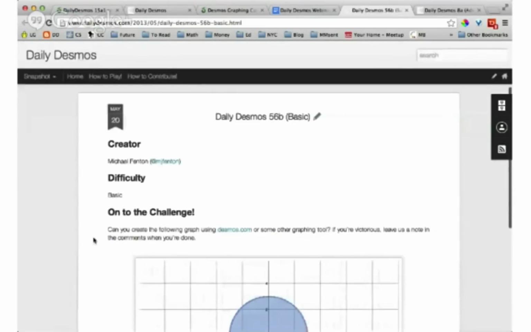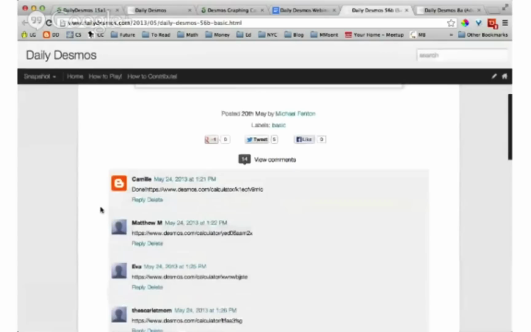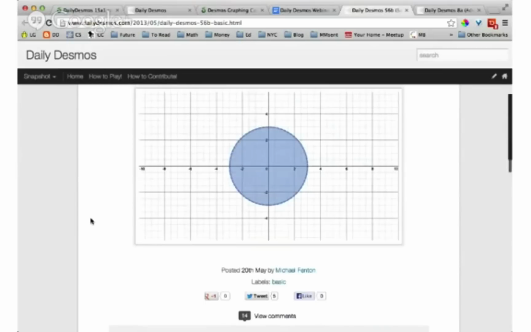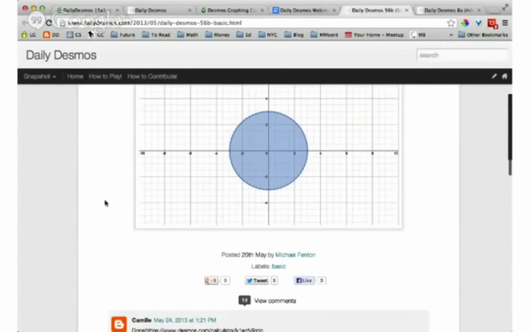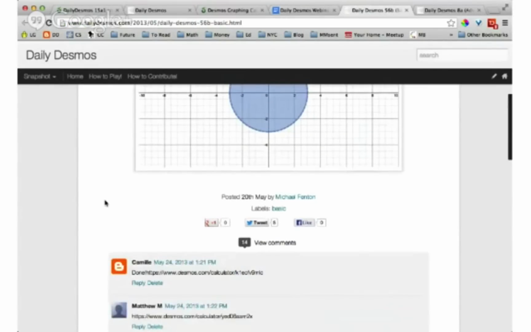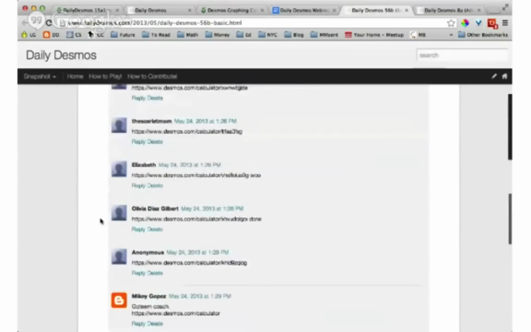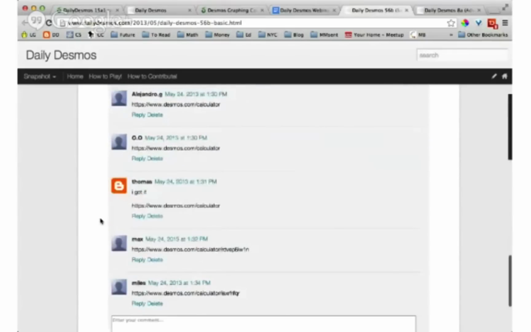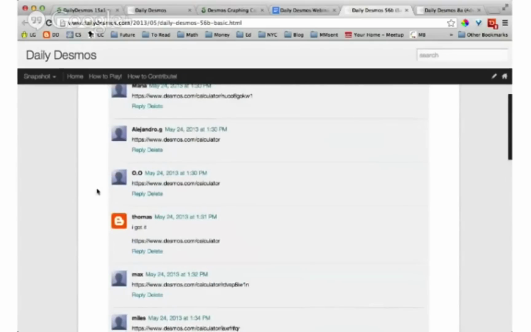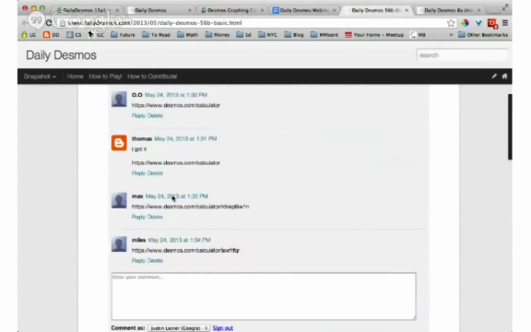and it turned out that there was a class of, were they 8th graders, Dan? Do you remember? They were 8th graders, yeah. It was right before the coordinate geometry test, right? Yeah, Allison Krasnow was having a coordinate geometry test, and so she picked out a couple of the problems from the Daily Desmos site and offered them to her students as their warm-up, and you can see all of her students down here posting their solutions,